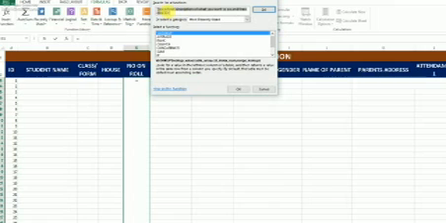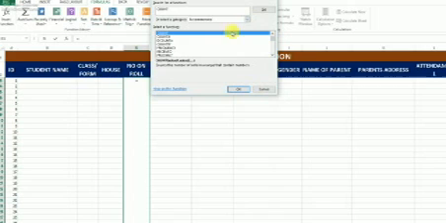Then you click on count, and then click on go. So let's see, we have count: count the number of cells in a range that contain numbers. No, that's not what we want. So we have counter: count the number of cells in a range that are not empty.